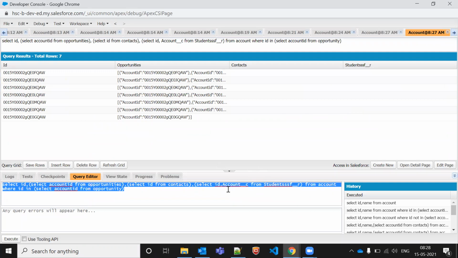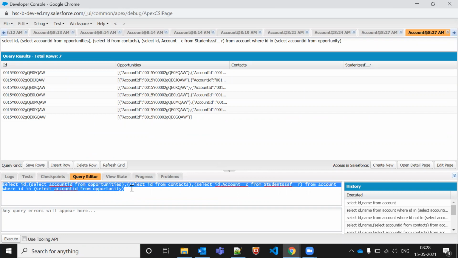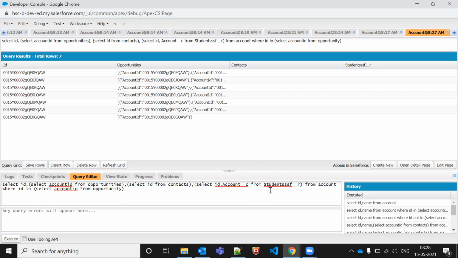Okay, fine. So this is my SQL, and I hope everyone is aware of SQL. Let me just remove everything and add the name from account.